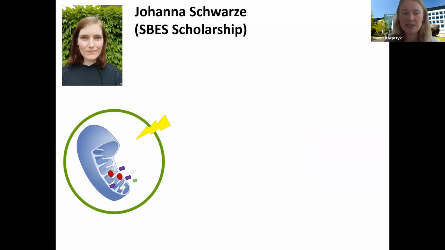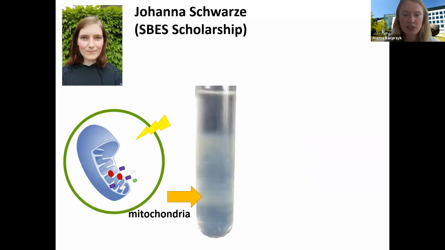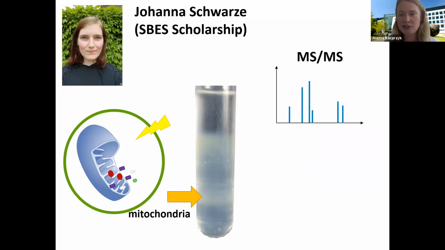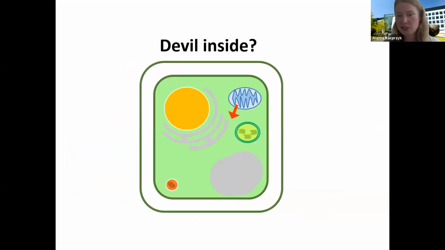What she's doing is killing the cells, and then minutes after the cells reach the point of no return, so the PCD was induced, she's separating the mitochondrial and cytosolic fractions. The yellow arrow indicates her precious mitochondrial band. And then she's using mass spectrometry to identify the proteins present in the cytosolic and mitochondrial fractions and their abundance. So hopefully that will allow her to identify which proteins are released from mitochondria into the cytosol just when the PCD is induced.